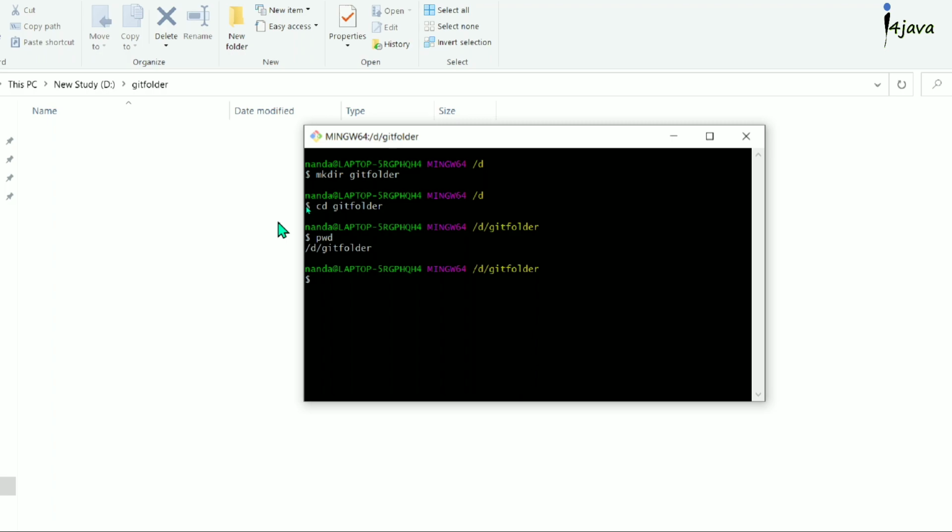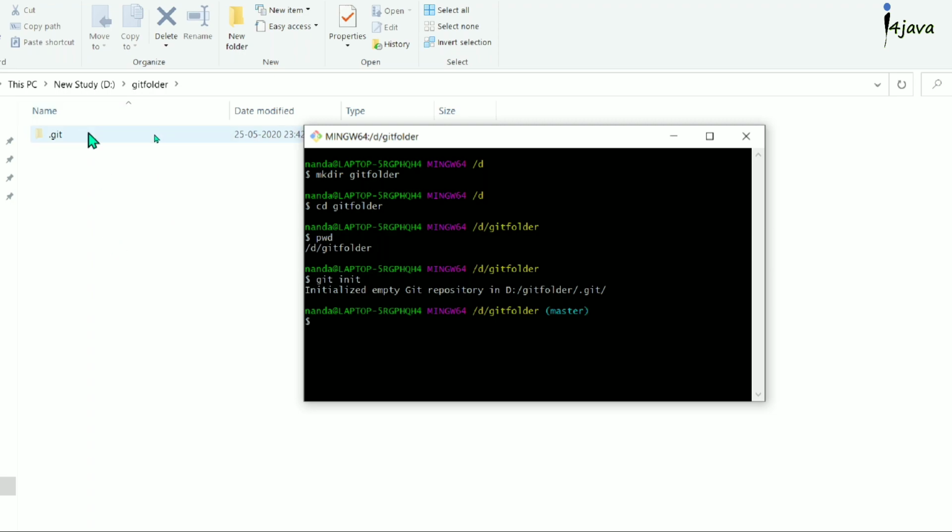Now, to make this folder a Git folder, we have to initialize it as a Git repository. To initialize it, we have to write the command git init. So one .git folder will be created here. Now this folder will work as a Git local repository, and subfolders are also considered and tracked by our Git folder.